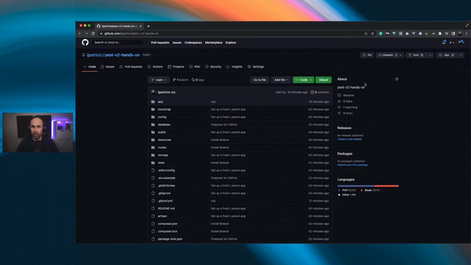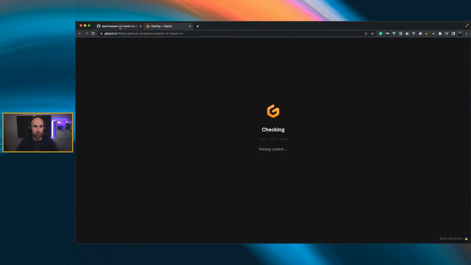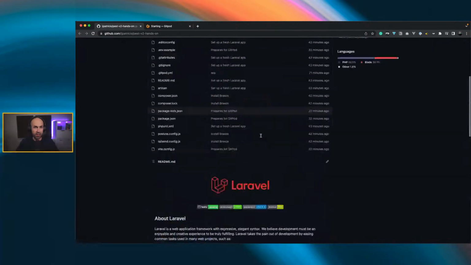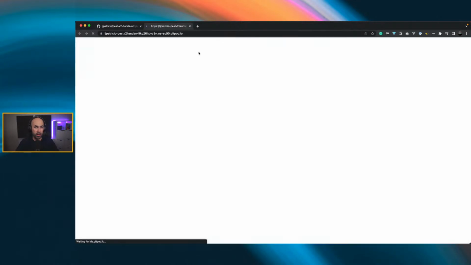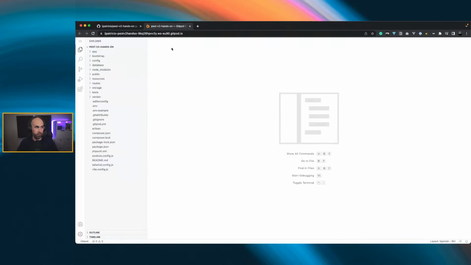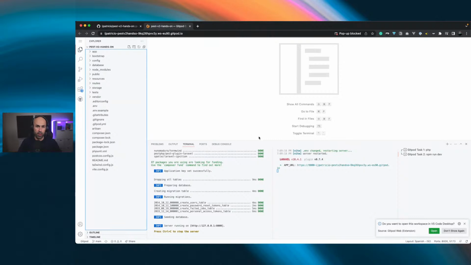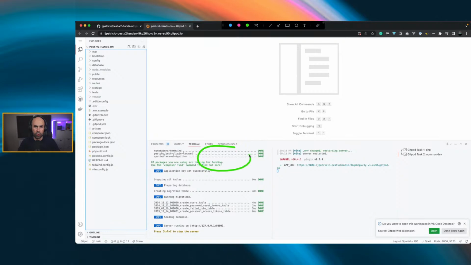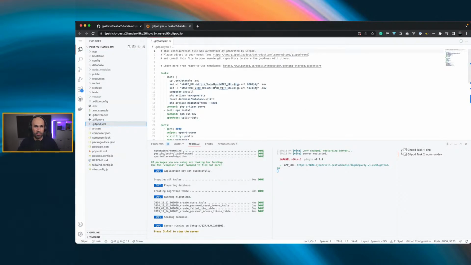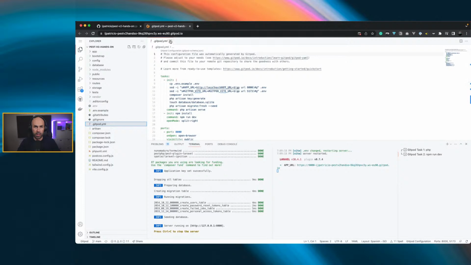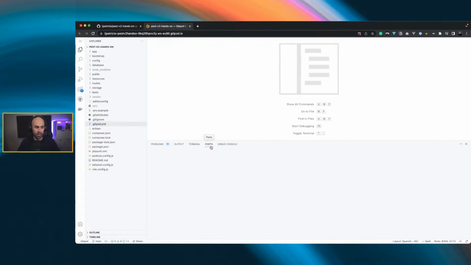Also, if you want to play with it real quick, I have that extension, so I will leave a link where we'll be able to run the project from Gitpod, which is booting up right now, which is a cloud development environment. And I've set everything up, so it just booted a new environment for us to play with. It migrated the database, required composer dependencies, and ran a bunch of instructions that are in this YAML file. And from this, we get a full development environment. Let's open ports,